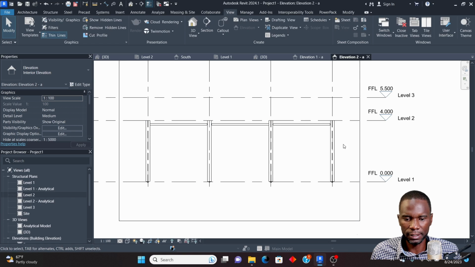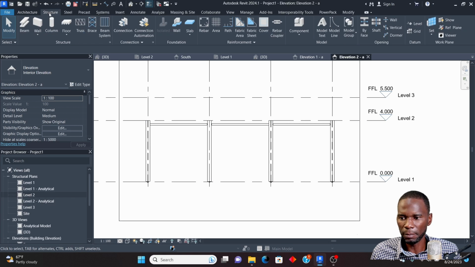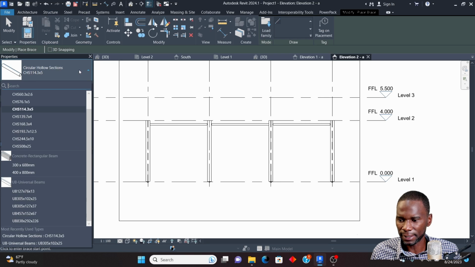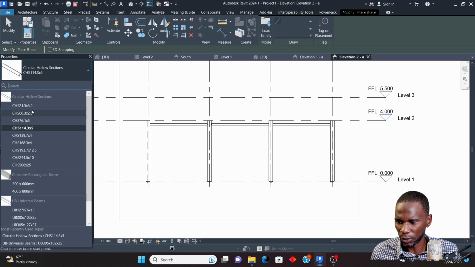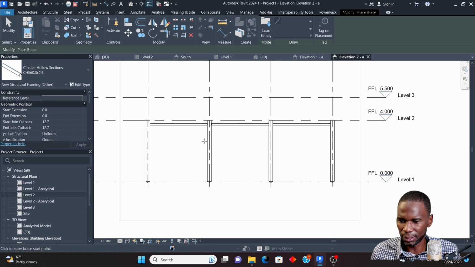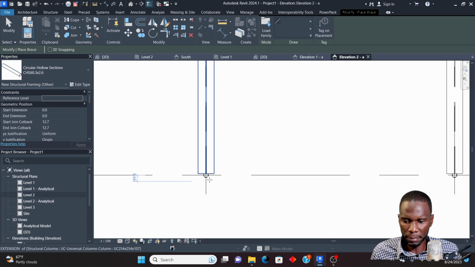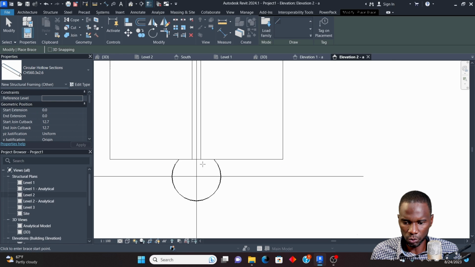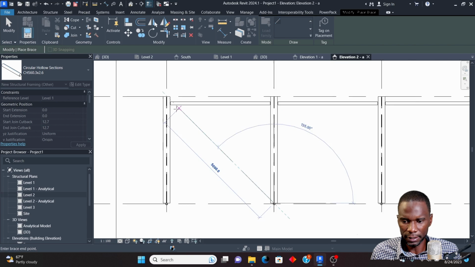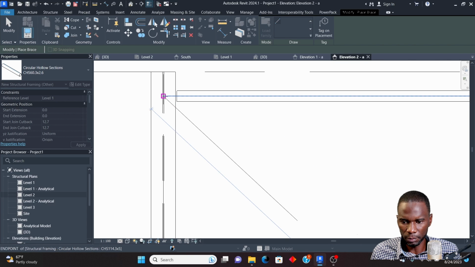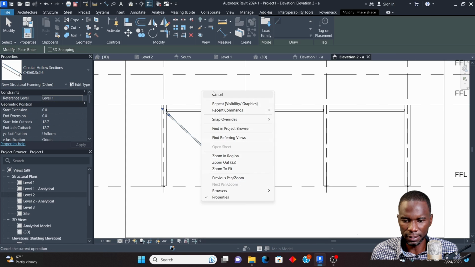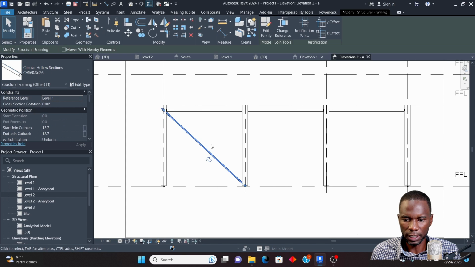So my bracings here and here. To create the bracing, go to structure, then go to brace, then pick the size for your bracing. I just want to pick maybe this one, which is 60. And maybe my bracing, I just wanted to start from that point and go up to that point. My bracing is there. Then this one, I'll just select on it and try to mirror it from there